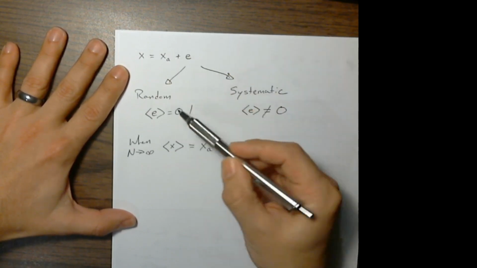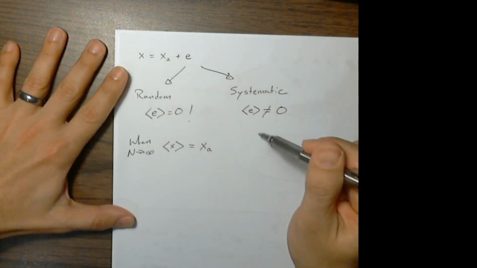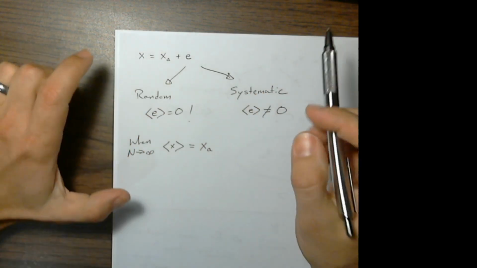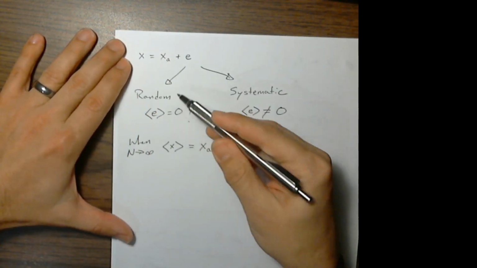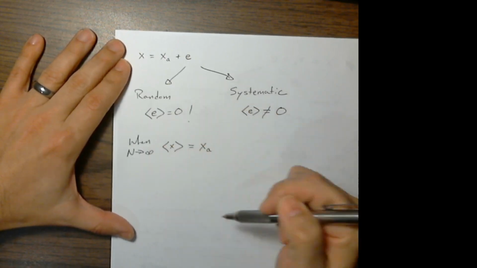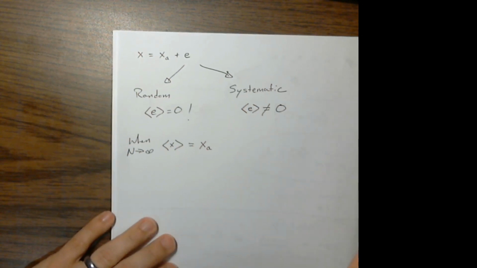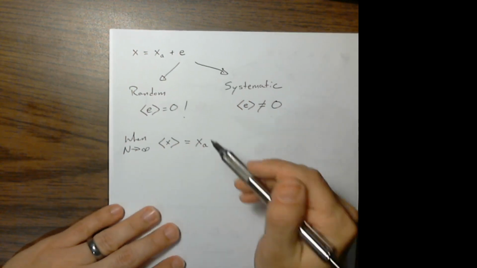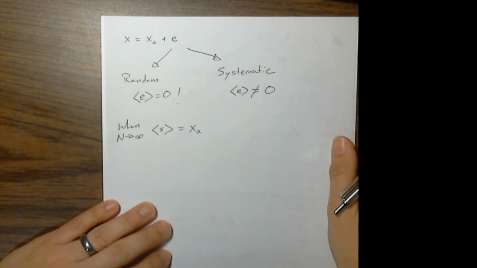The error here can have parts, components, contributions that are random and contributions that are systematic, and we will organize those into two separate parts. So when the measurement is purely random, this is when we get to do that. In real life, you've got both of these kicking around in there, so that's even messier. Okay, but for now, as we begin our study of error, this is what we'll do.